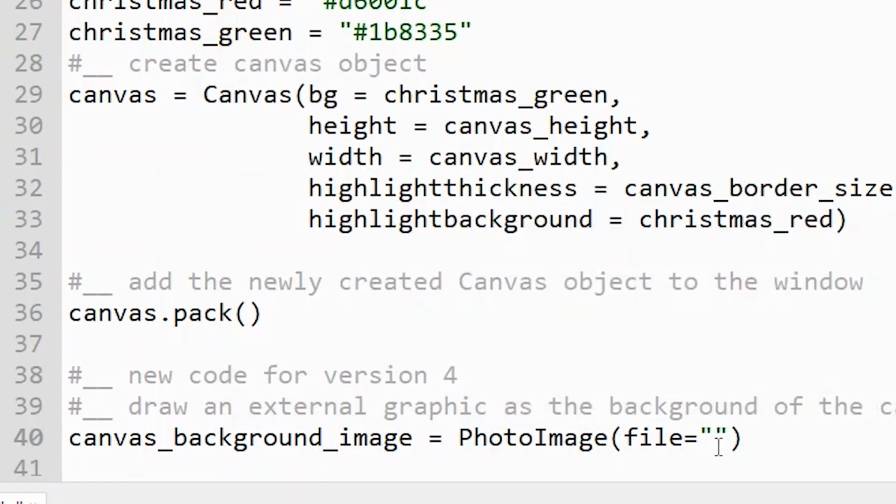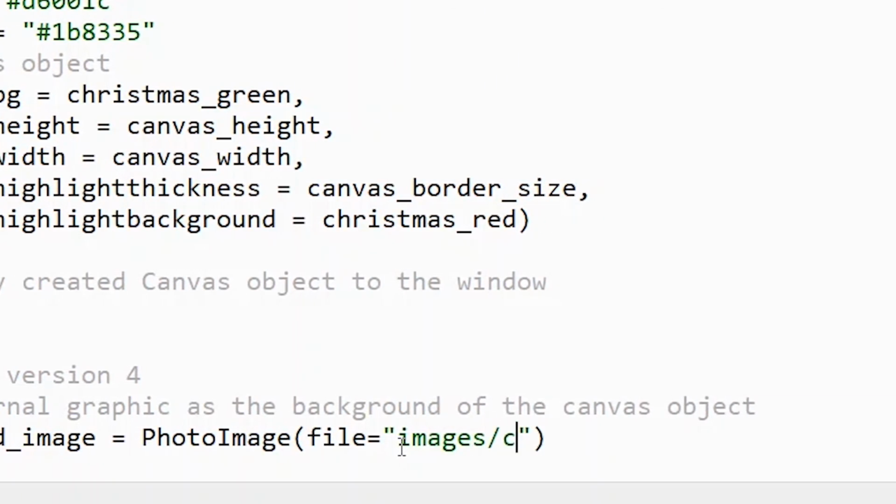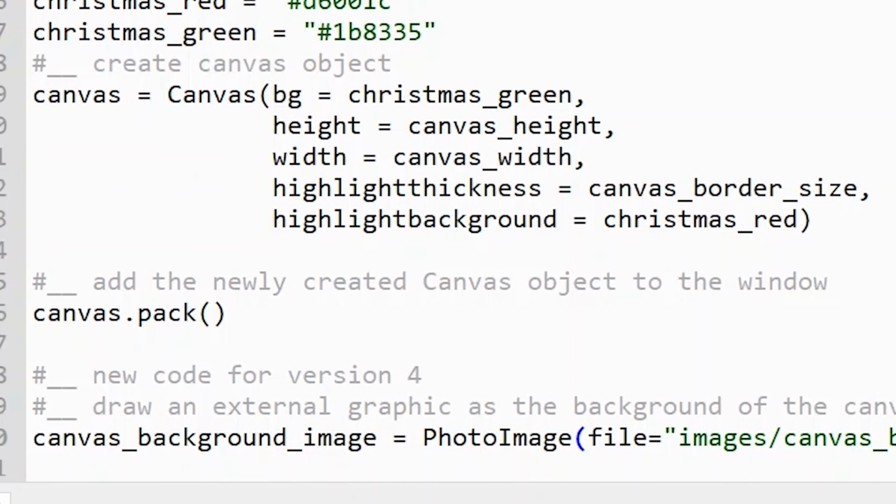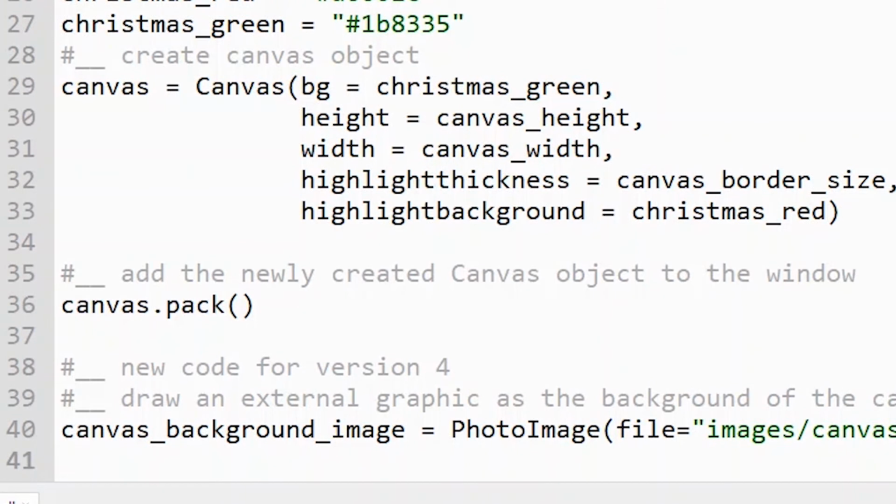So in here, because it's a relative file path, we need to put the full path relative to where this Python file is. So it's images / canvas underscore bg underscore scene dot gif. So that's us achieved step 1. We have created a photo image object. We've given it the path of the file, and we've assigned it to a variable. And we're going to use this variable in step 2, where we instruct the canvas object to actually draw the